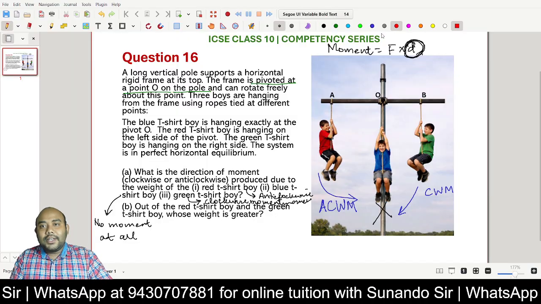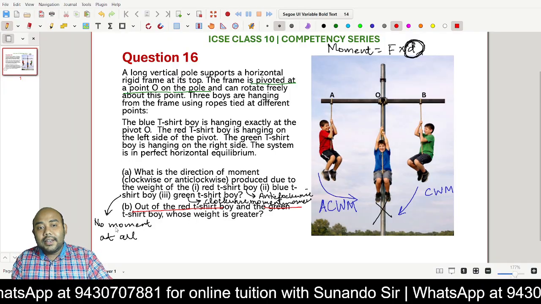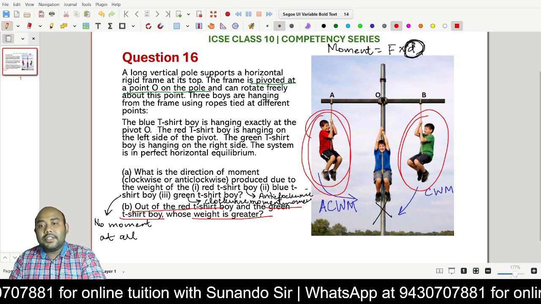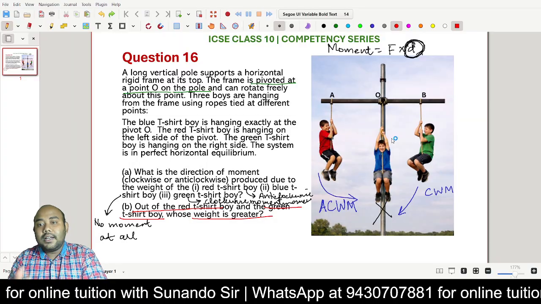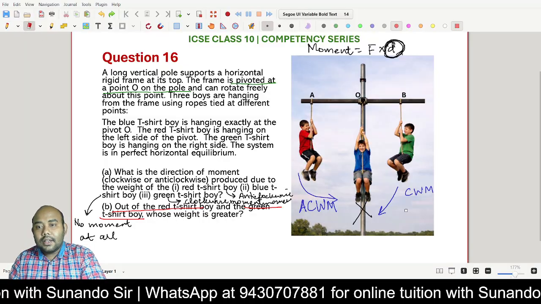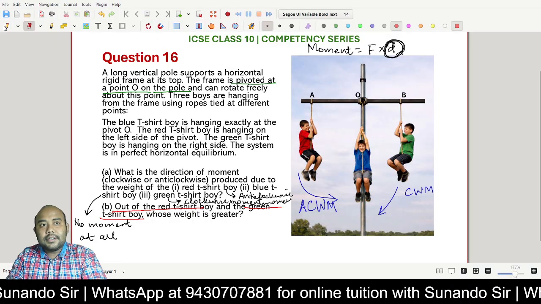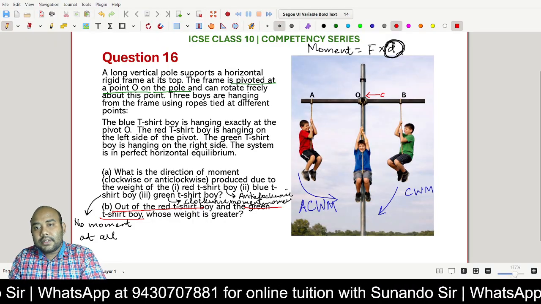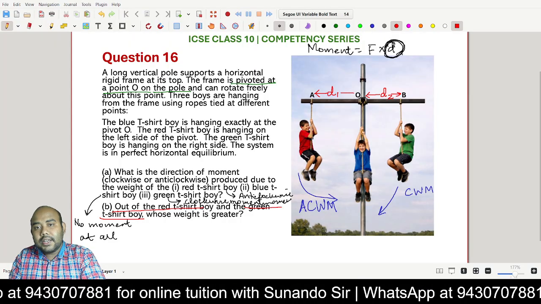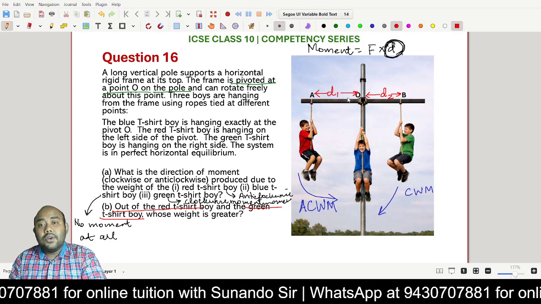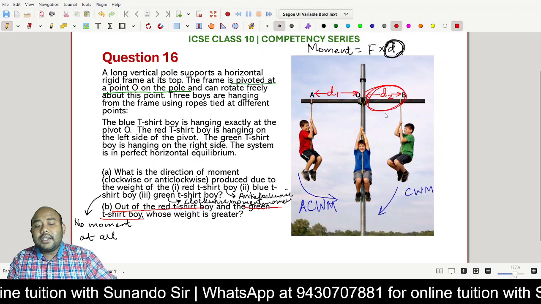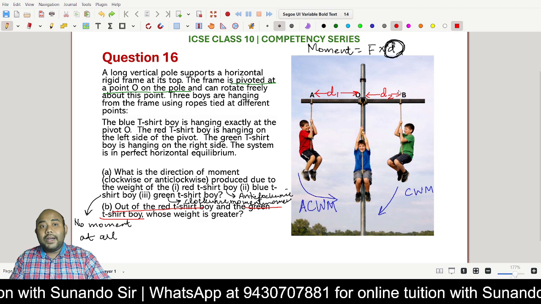Now the second part of the question is, out of the red t-shirt boy and the green t-shirt boy, whose weight is greater? So out of this red t-shirt boy and the green t-shirt boy, who is having a greater weight? That is being asked. One thing you can see very clear from the question, that this green t-shirt boy is at a smaller distance from the pivot. Suppose this distance is d2 and this distance is d1, which I already named. However, that is not required to name it, but just for explaining, I am using d1, d2. You can see that this green t-shirt boy is at a smaller distance from the pivot,